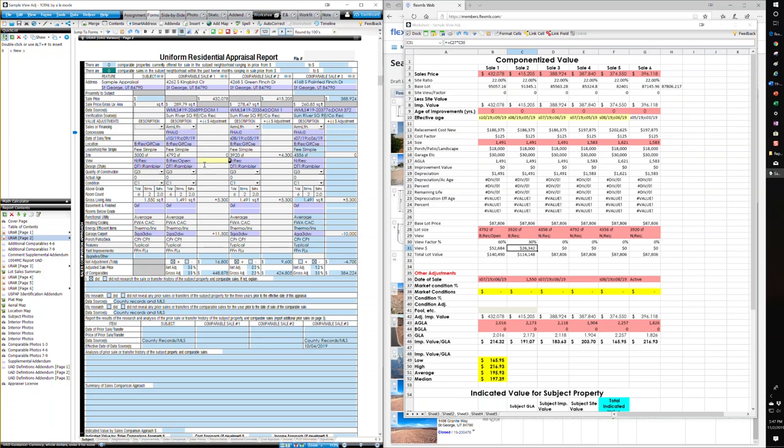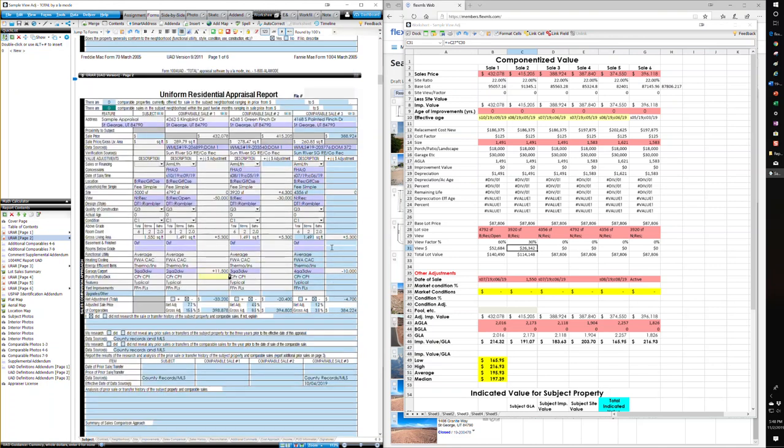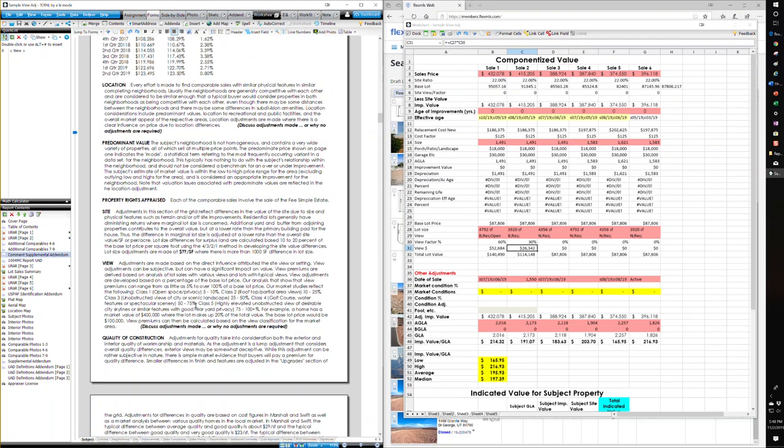So I'm going to round this adjustment to 50,000. And I've got to get it adjusting the right direction. And then I'm going to adjust this one at 30,000. And look what that does. It brings these two sales into line with the other sales that don't really have any significant adjustments or view premiums. So this is one way that I can now go in and explain to my client that comparable 1